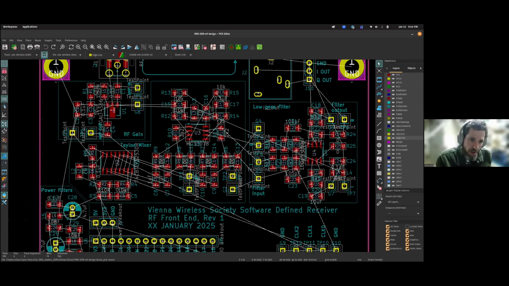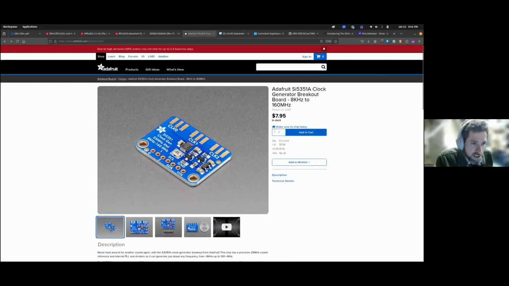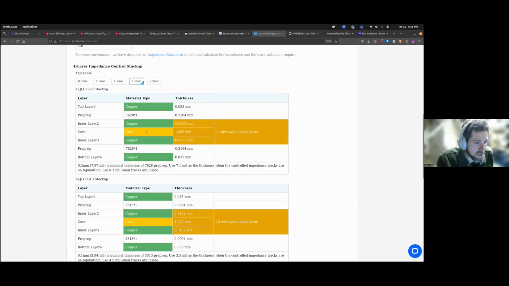It matters a lot more when you get up to VHF, UHF, and definitely into the microwave. Then you can't ignore this at all. At HF, you can get away with many sins when it comes to trace impedance, but we'll do it the right way. So if we go back to the JLC PCB website, they tell you this is